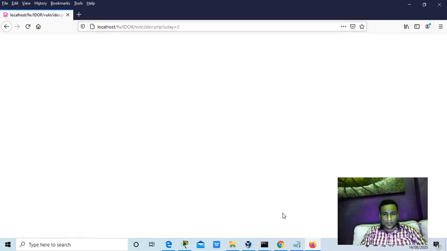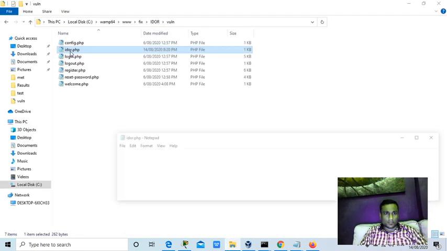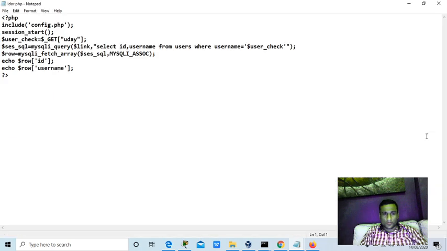What happened? Is it not showing up on the page? One second. Yes, whatever I assign, that variable is going in here, and the MySQL query link is correct.